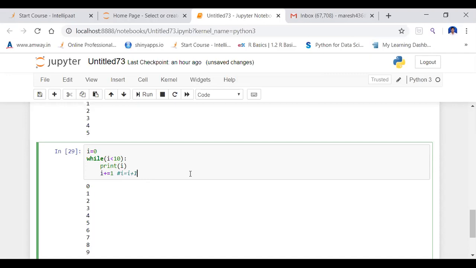But in the assignment operator, A plus equal to 10 means A plus equal to present A value plus 10. Here I am writing I plus 1 only, no? Instead of 1 there, 10 is there.